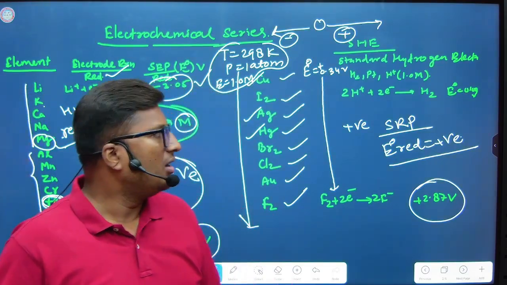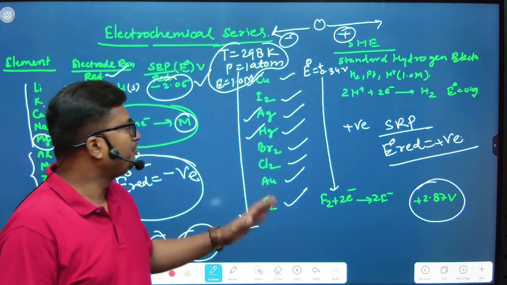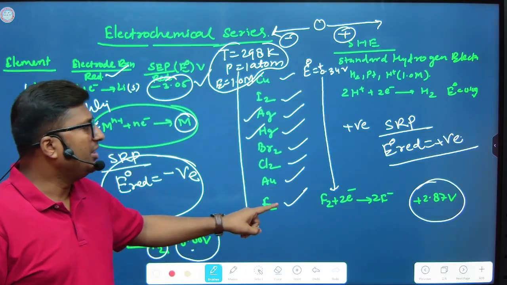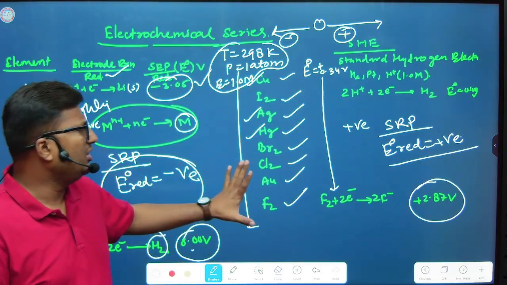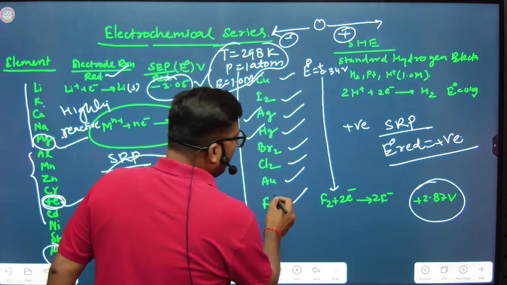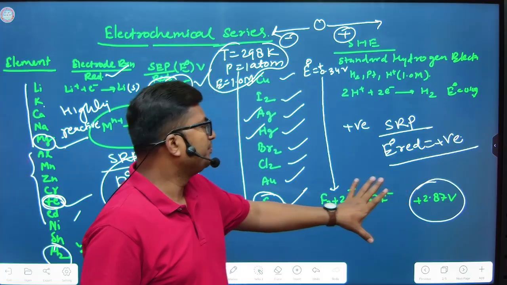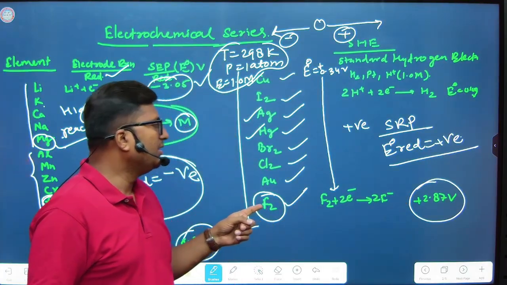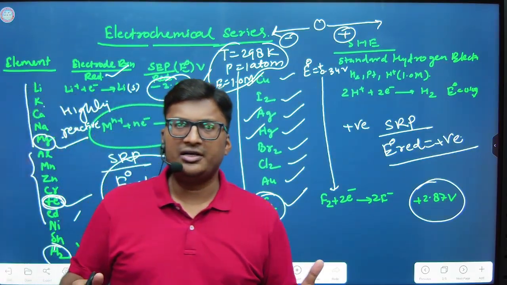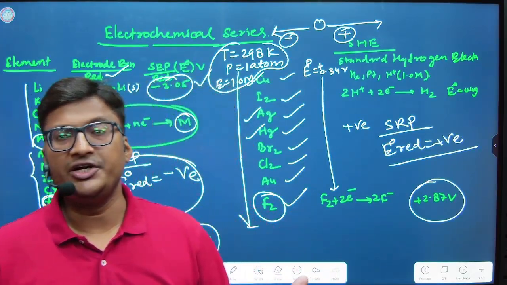The larger the positive standard reduction potential, the greater is the capacity to be reduced rather than oxidized. So this is fluorine, right? Fluorine has the highest positive standard reduction potential. It means fluorine can't be oxidized easily, rather it is strongly reduced,